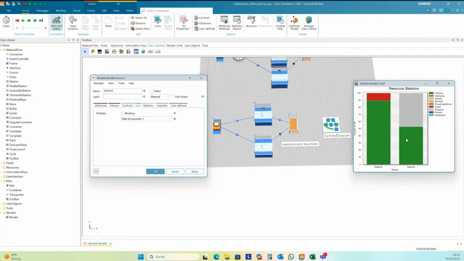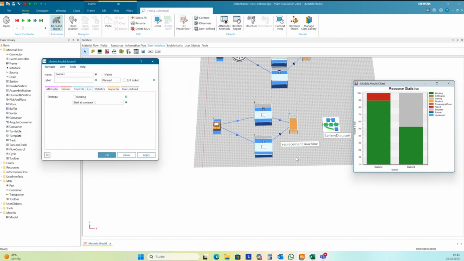And now it looks different. Now the first machine has complete here utilization is 90% and 10% is failed. And the second machine is only running for the half of its capacity. And so you need to be very, very careful with the settings you make here, because it changes the utilization of the machines. Okay.